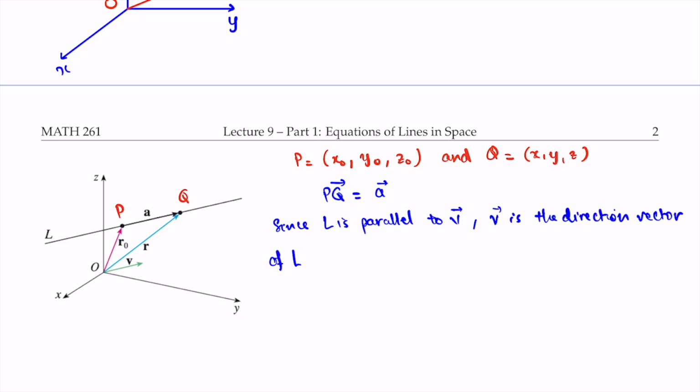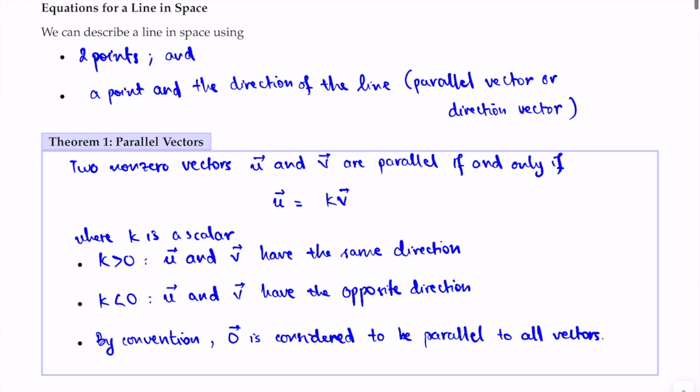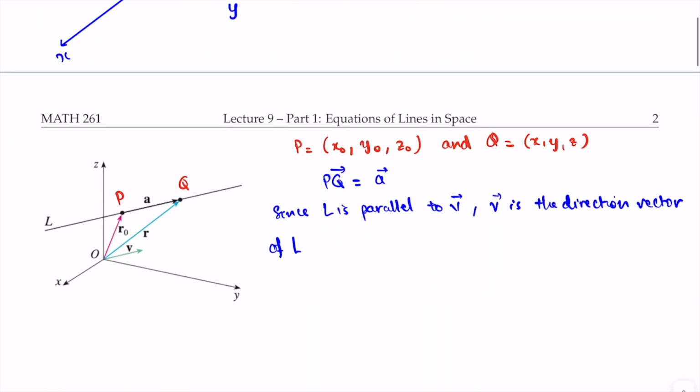So what is the direction vector? If you go back to the beginning here, the direction vector is also considered to be a parallel vector, and the parallel vector is given in this particular form. So again, go back to our derivations here. V is the direction vector of L. That means